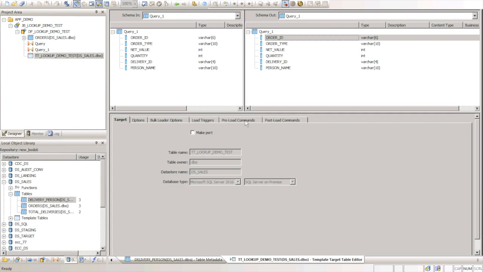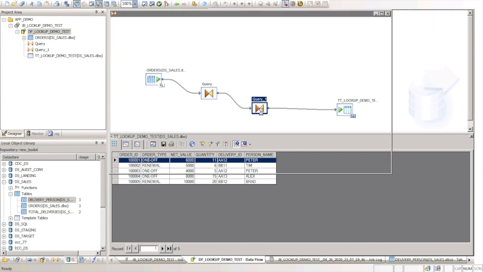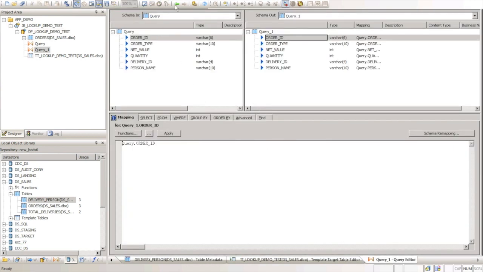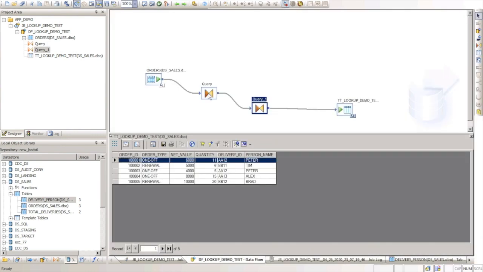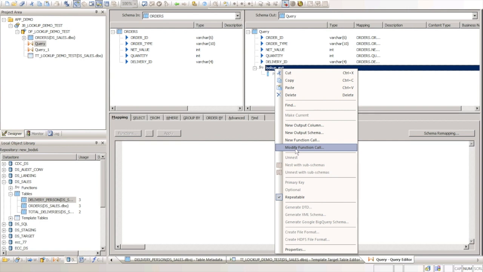For A12 we are getting Peter, for A13 we are getting Alex. So we are able to successfully perform the lookup. And just to remind once again, the key things which we need are: we need to have the lookup data set.